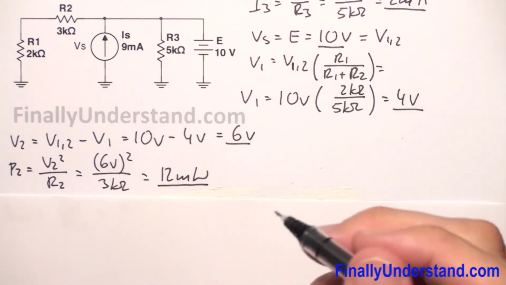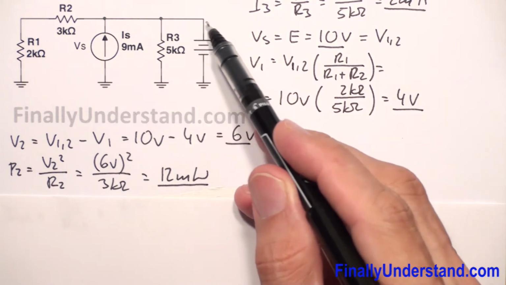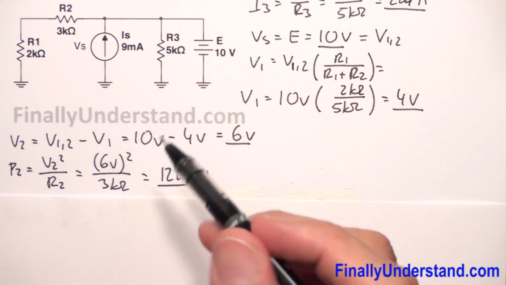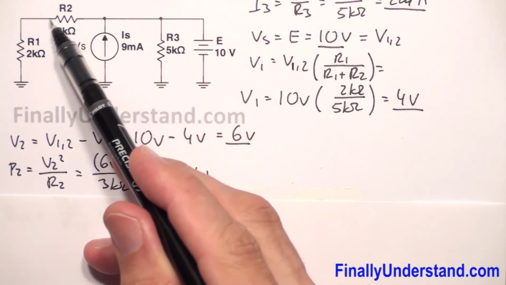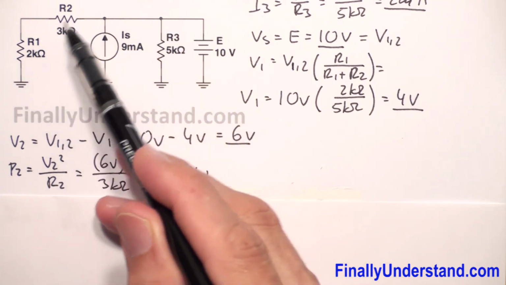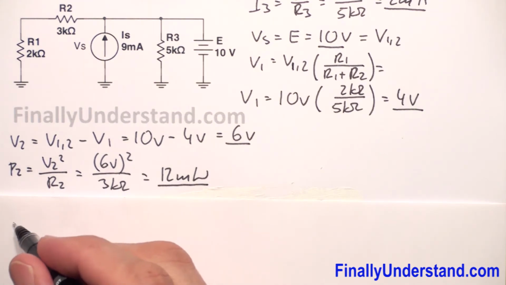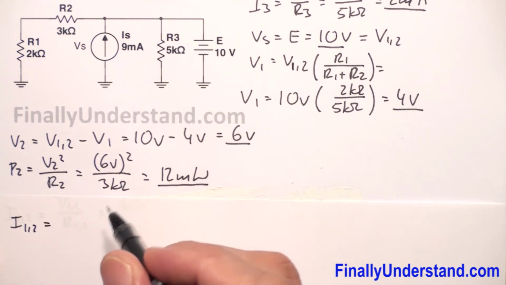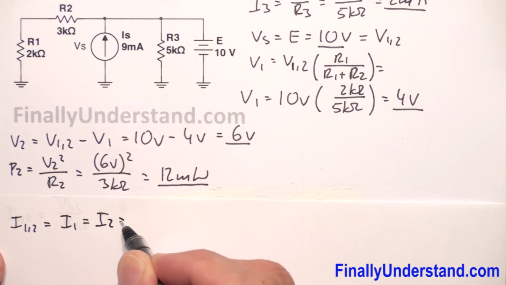Next, we're supposed to find the current which goes through this voltage source. So what we're supposed to do first? We're supposed to find the current in these two resistors, because we have already this current. So now we're supposed to find the current which goes through these two resistors. So we can say that my I12 is equal I1, this is also equal to I2, and this is my